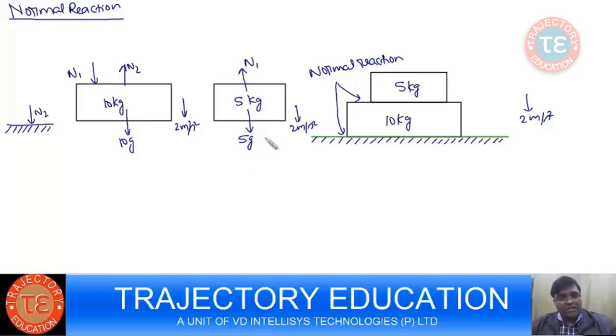meters per second square. So we can apply Newton's second law, that is, you have the net acceleration of 2 meters per second square in downward direction. So what is net force in downward direction? That is 5G minus N1 equal to 5A. That is 5 into 2, and this is net force in downward direction, since the acceleration lies in downward direction, so net force will also lie in downward direction. So net force in downward direction is 10G